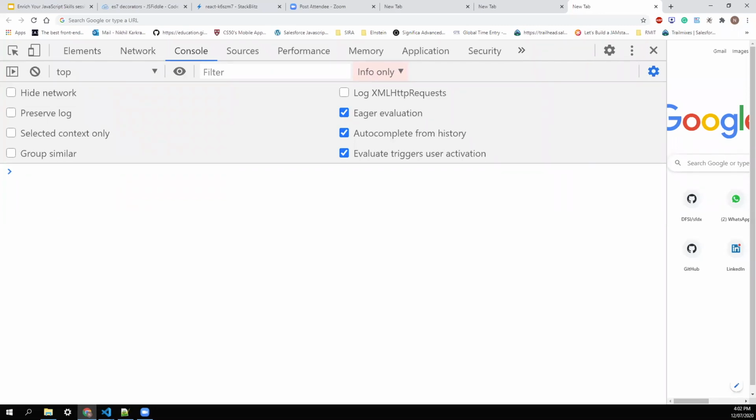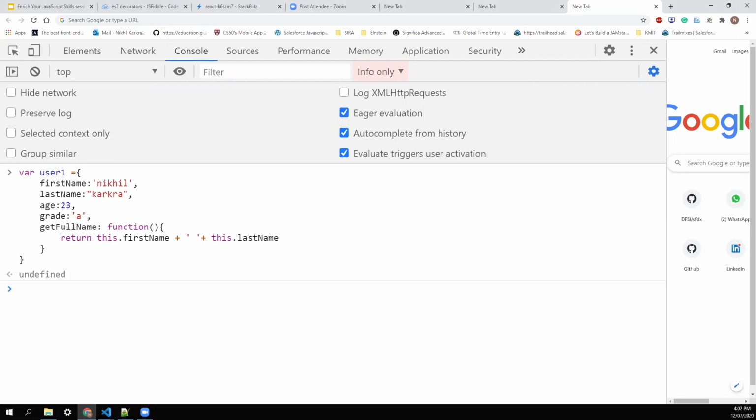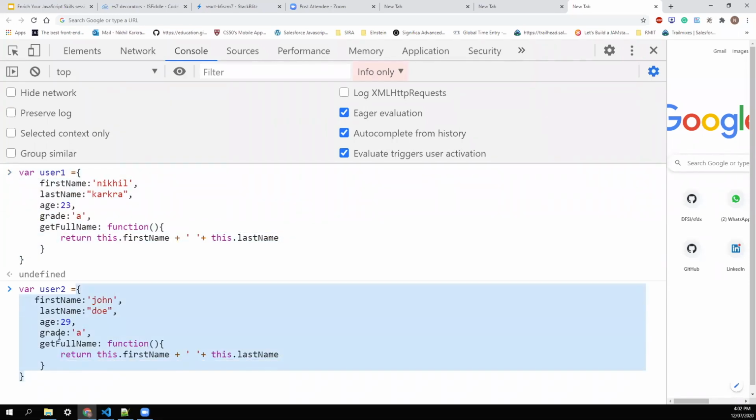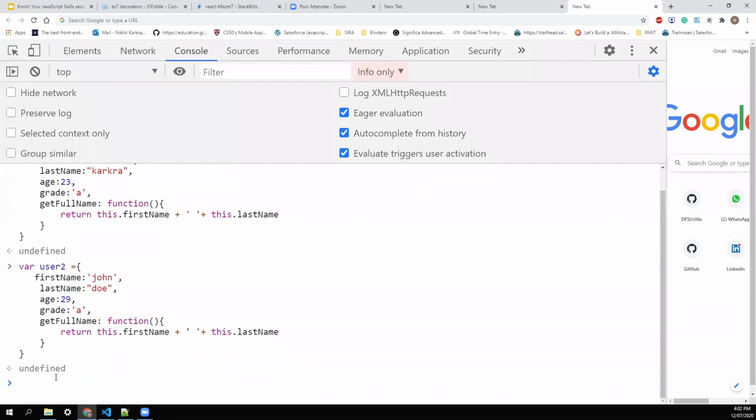Suppose I have an object user1. Now I want to create a user2. I'll again need to write the same signature for user2 with the methods and properties. Up to 2 or 3, it's fine. But if you want to create users 100 or 1000 times, this will not solve your purpose. To tackle this problem, in OOPs we create a class that acts as a blueprint.